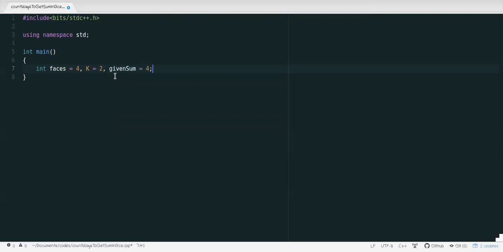I'm trying to run it for the sample test case. And let's say there is a function which will print the total number of ways, so let's say getWays, and let's pass the faces, the given sum, and k. Okay, cool.